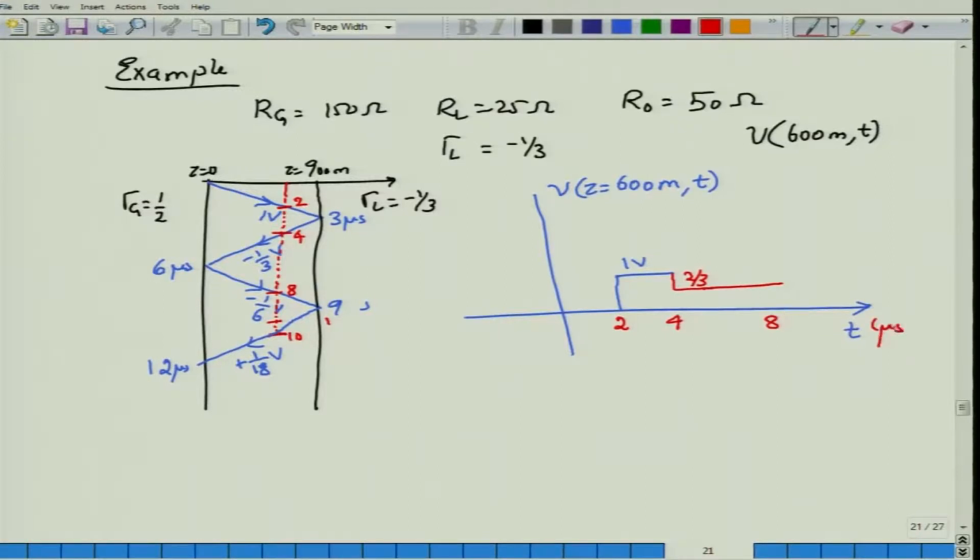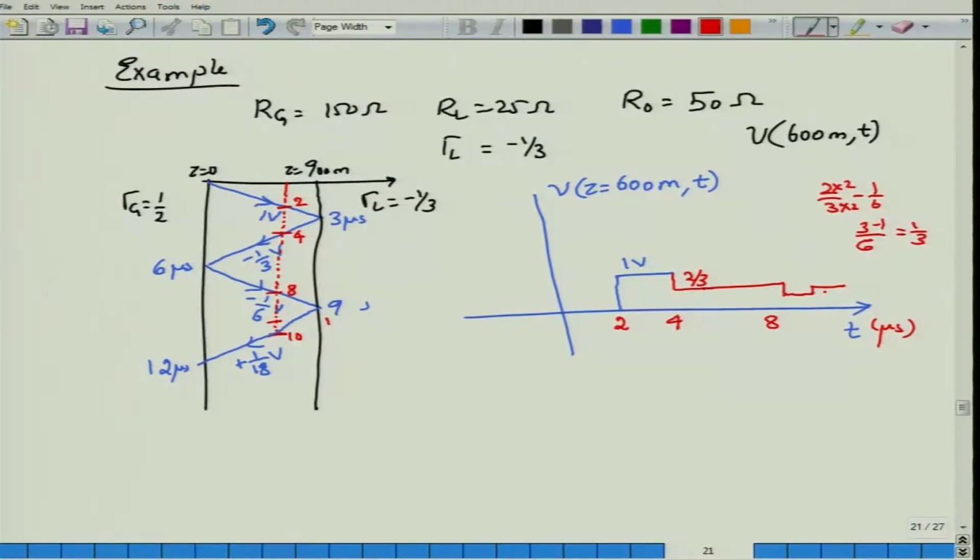So this time is measured in microsecond, of course. So at 8 microsecond you will see further jump of minus 1 by 6. So the voltage would drop to 2 by 3 minus 1 by 6. So I can multiply both sides here by 2. This becomes 3 by 6. 3 minus 1 by 6 is 1/3. So it is still positive, but it would be 1/3 voltage at 8, and at 10 microsecond you would see a jump, and this time the jump is slightly positive because 1 by 18 volt,